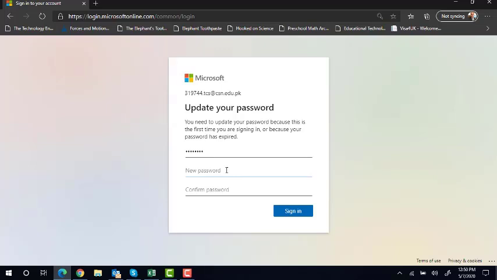So let's say I'm entering a password for my child. Now this should be a strong password. Strong password means that it should have a digit and a character like @, hash signs and other signs. So it has to be a combination of numbers and words, and it should be at least 8 to 9 characters. And make sure that when you change this password, you save it somewhere so that you don't forget it.